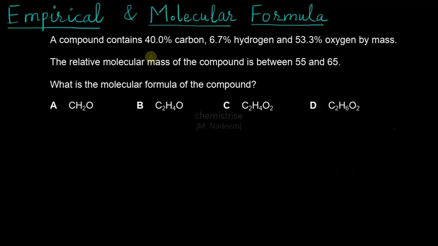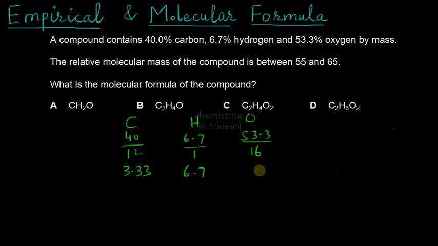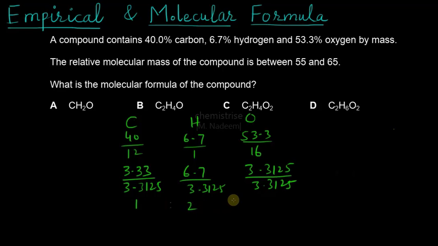So let's see the next one in which we got 40% carbon. So carbon is 40%, hydrogen is 6.7%, and oxygen is 53.3%. Divide all of them with their atomic masses. So it would be 3.33, then 6.7, and that is 3.3125. So divide all of them with the smallest value, that is 3.3125. So that will be almost 1, it would be 2, and it would also be 1. So we got the empirical formula